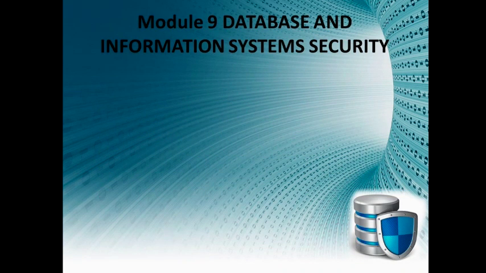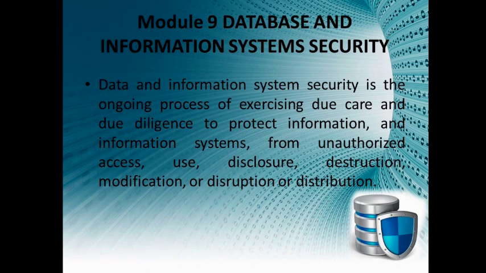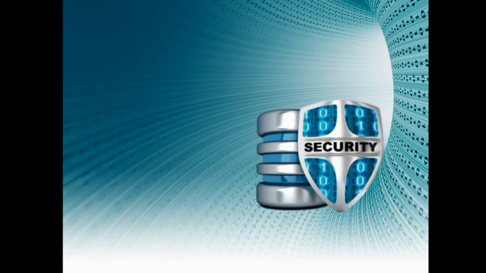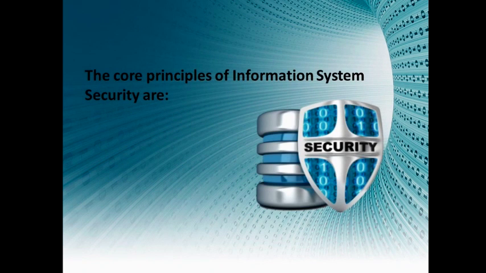Database and Information System Security. Data and information system security is the ongoing process of exercising due care and due diligence to protect information and information systems from unauthorized access, use, disclosure, destruction, modification, or disruptions or distribution. The core principles of information system security are